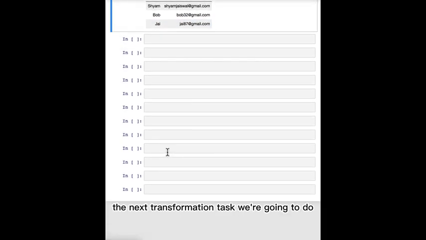The next transformation task we're going to do is spell check and grammar checking. And this is a really popular use for ChatGPT. I highly recommend doing this. I do this all the time. And it's especially useful when you're working in a non-native language. And so here are some examples of common grammar and spelling problems and how the language model